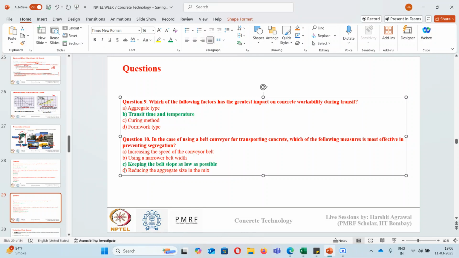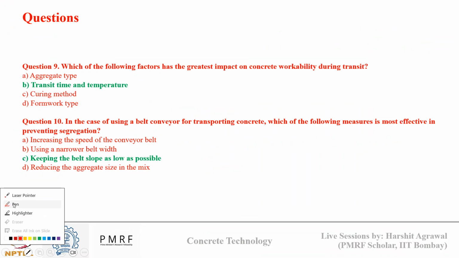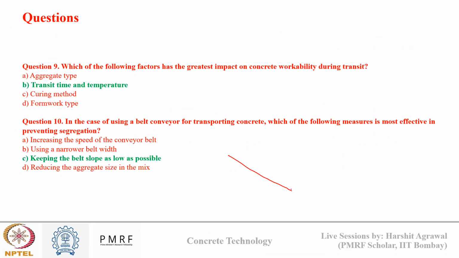Say why. When concrete is transported on a belt conveyor, if my slope of belt is steep, like suppose if my slope is like this, what will happen? There are chances that segregation can occur because aggregates will roll down faster compared to my cement paste. So if my slope is slow, there is chance that there will be even distribution of my mixture components at the end of the conveyor belt. Narrow belt or a wide belt, it won't matter. The slope will be more critical to prevent segregation.